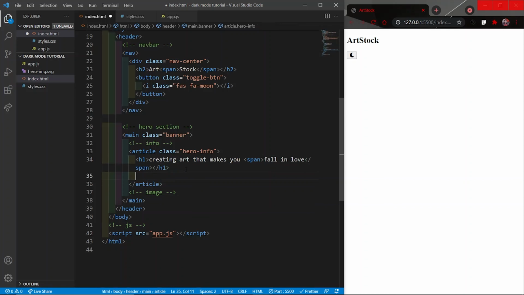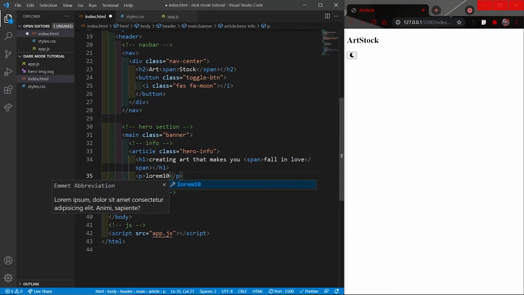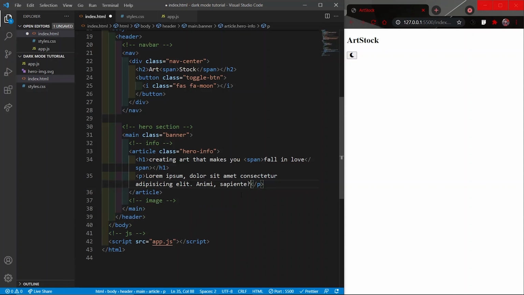Then after the h1 we will have a paragraph which will have 10 words, so I will again use Emmet for creating 10 words. And below the paragraph I will have an anchor tag, and we are going to leave the href attribute empty because we only have one page. If your project has multiple pages, you can link it to any other page, right?